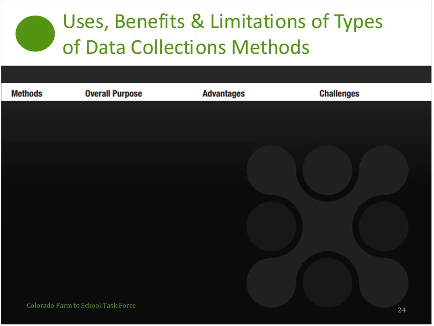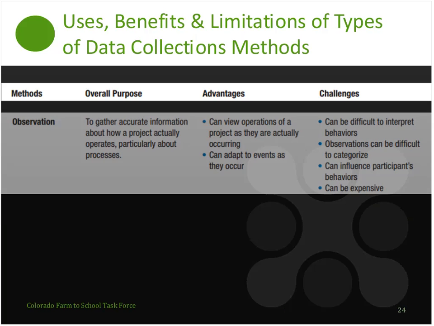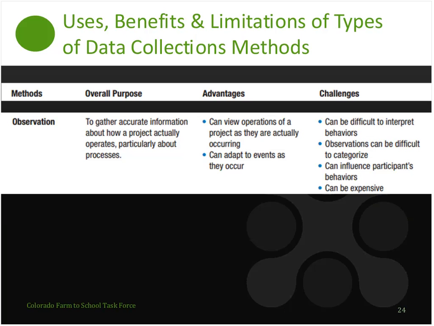Let's take a look at the purposes, advantages, and challenges of different types of data collection methods. Observational techniques are methods by which you gather firsthand data on programs, processes, and behaviors being studied. This is useful to assess the implementation of a program, where the observations can help determine whether or not those activities are being delivered as planned. Observation overcomes self-reporting biases, which can occur in surveys, and reveal information that people may be uncomfortable sharing in focus groups or interviews. However, observational data can be challenging to collect, difficult to analyze, and your presence can influence bias